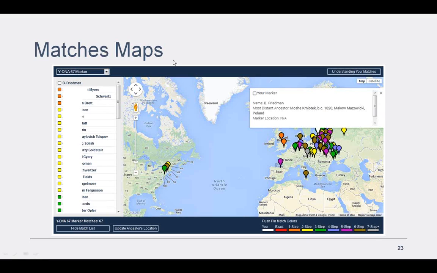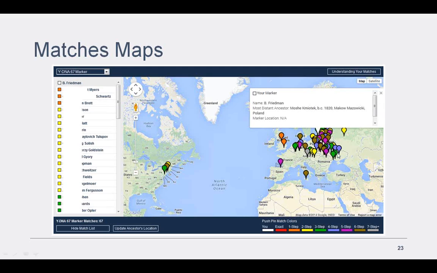So you can go here, again, it's just a screenshot, so I can't do this interactively, but you can zoom in and out here. The different colored pins here, there's a legend down at the bottom, and so this tells you, these orange people are a couple of my brother's one-step matches, and the green here is some three-step matches, yellow two-step matches, etc. This is my brother's information here,